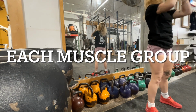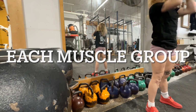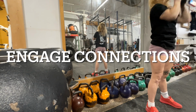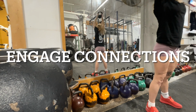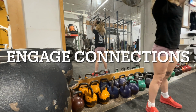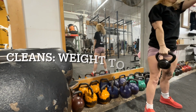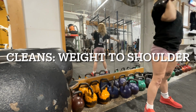then 10 push press. So with this, you're really trying to work your upper body and getting your core and torso engaged. I'm putting my head through the window, which means that you have that vertical line from the kettlebell to your legs. Then I'm gonna do a clean, where you are going to bring the weight to